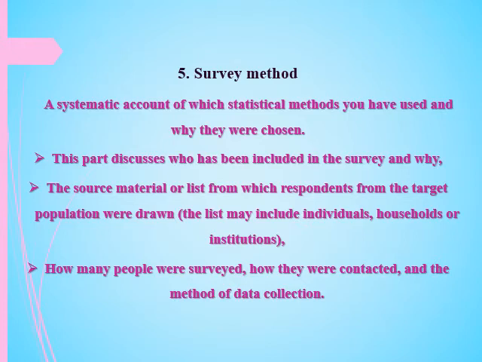All this is discussed in section 4, which is the survey method. It covers the source of material, or the list from which respondents from the target population were drawn. Also, this is included in the section. So, if we choose teenagers in the College of Commerce in Benha, you should discuss this in this section